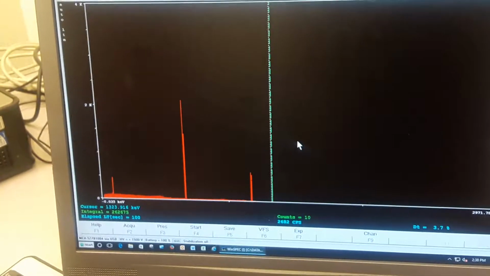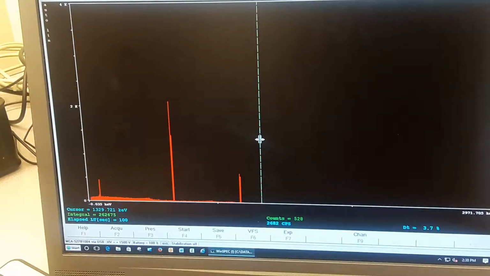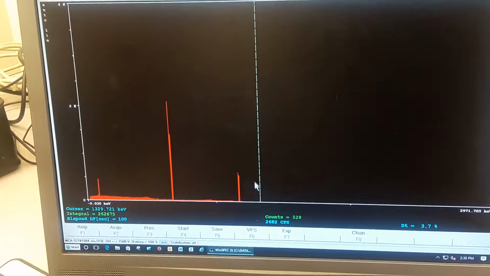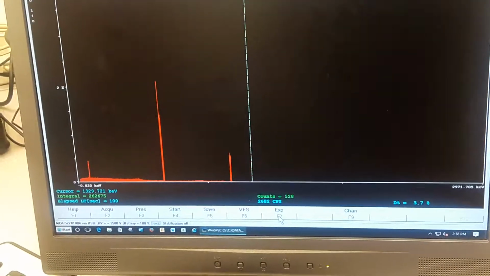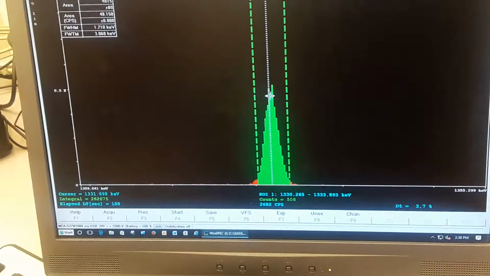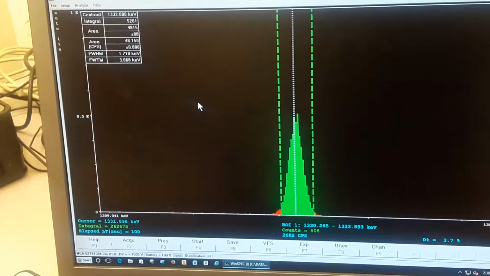So now after it's calibrated, I can go in there to the regions of interest that I have drawn in here, and I can go and expand, put myself in the ROI, and immediately I'm going to see my values. So I can see that my 1332 peak right now is showing me a centroid position of 1332 keV, integrated